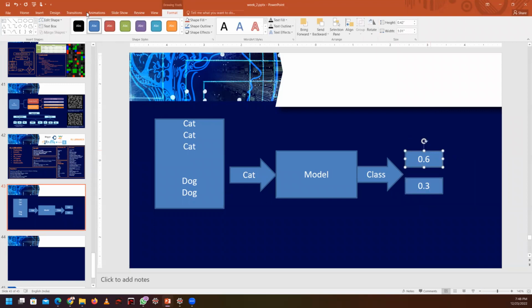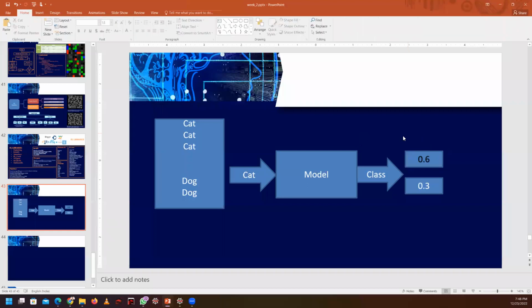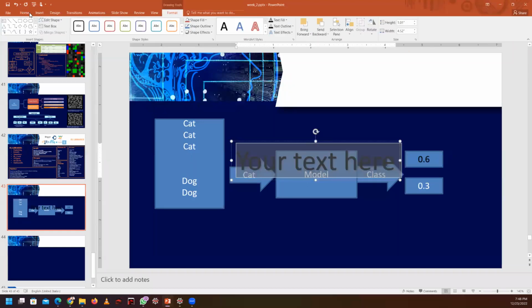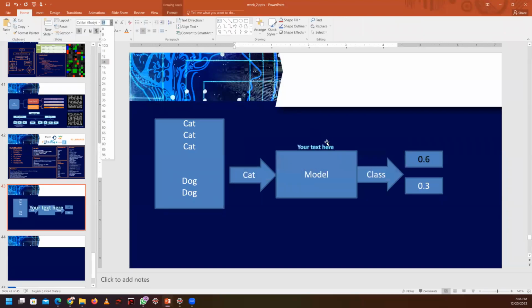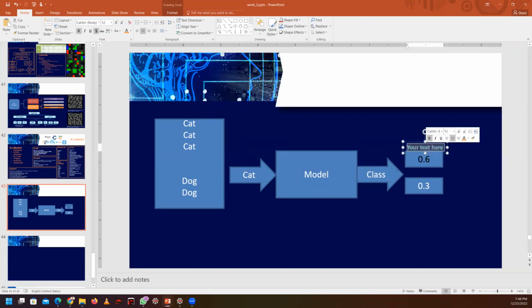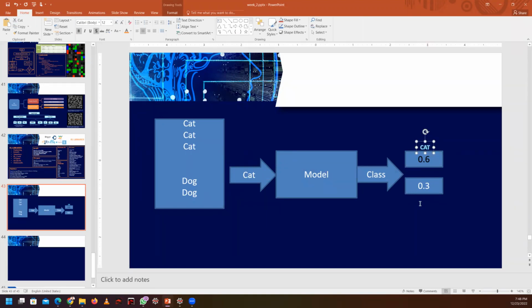Here we are calling this the cat class, and here we are calling this dog.